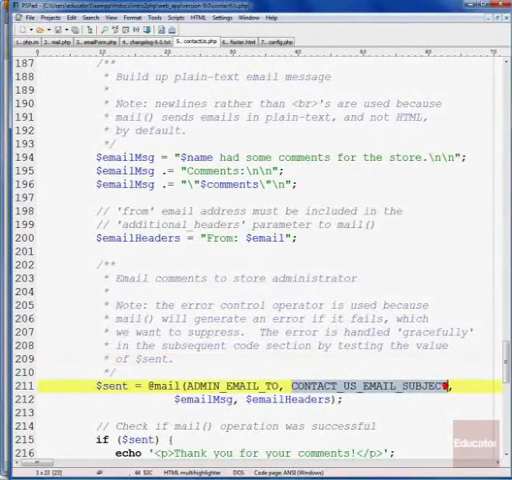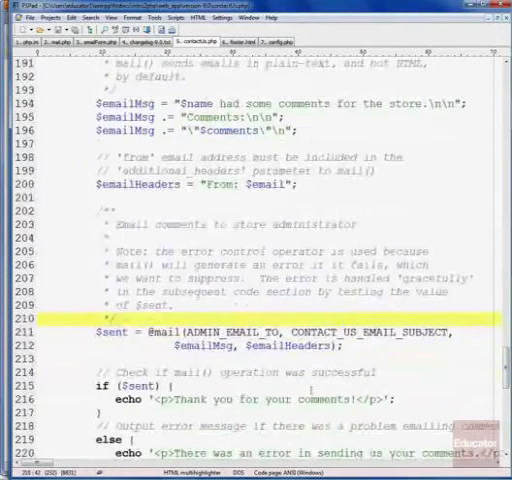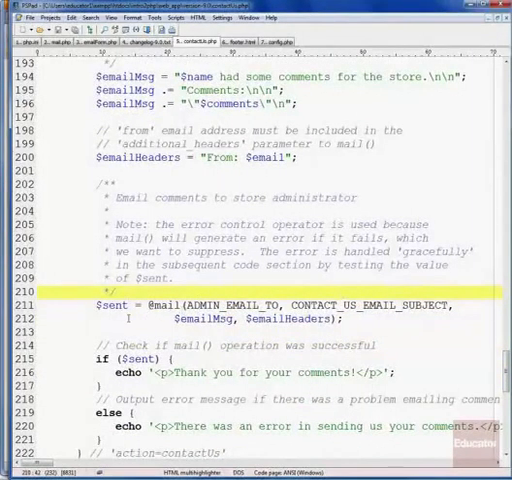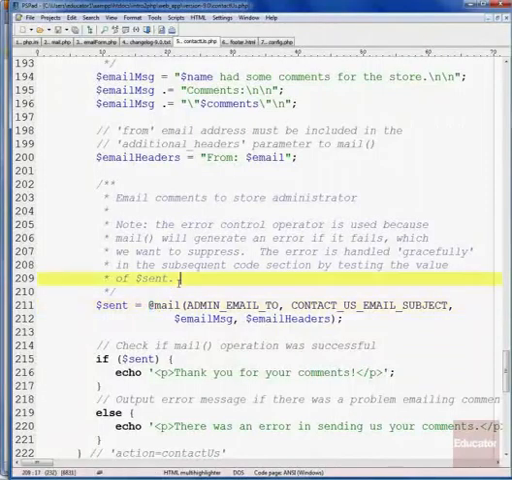It's always going to have the subject specified by the contact us email subject constant. Here we've included the message that we built up here, which has the customer's name and their comments. And then we've also added the email headers variable, which has the from header for the email message. Down here, if this is successful, and here we use the error suppression operator again,